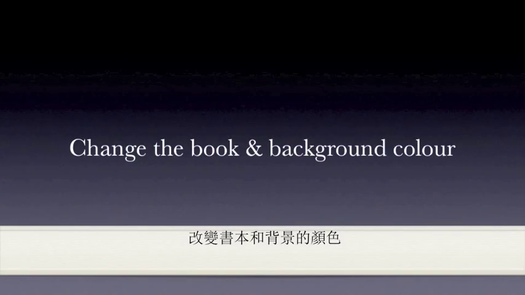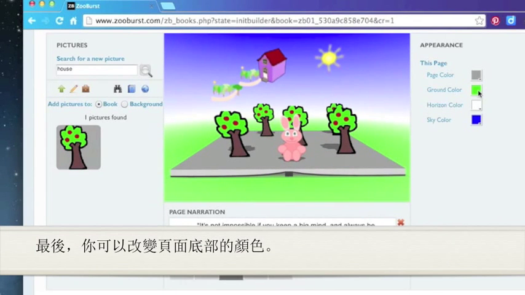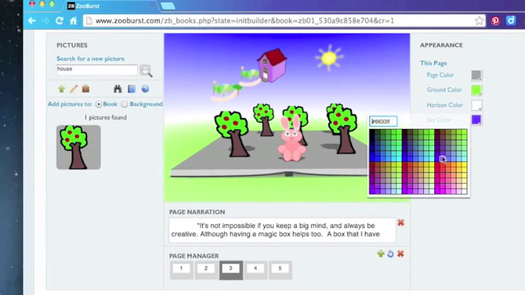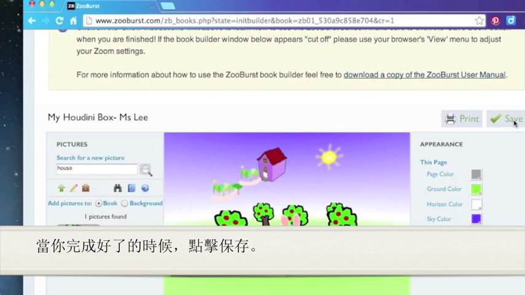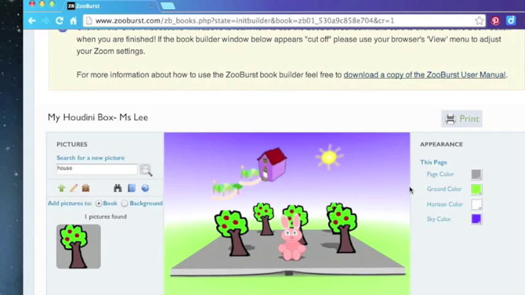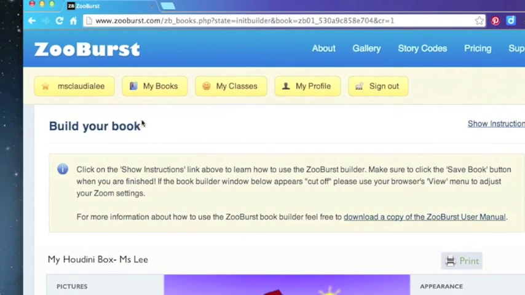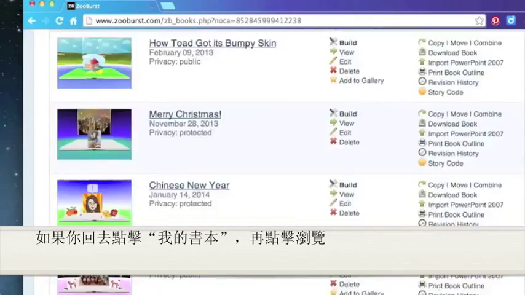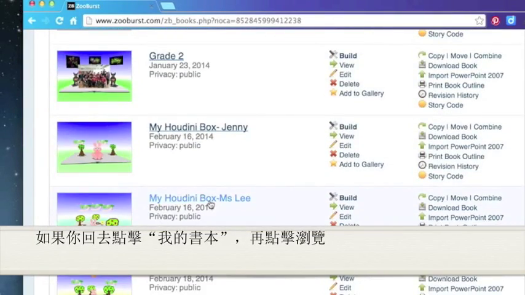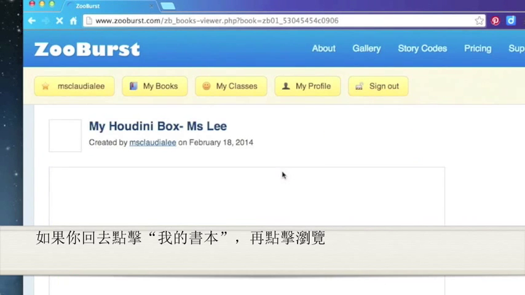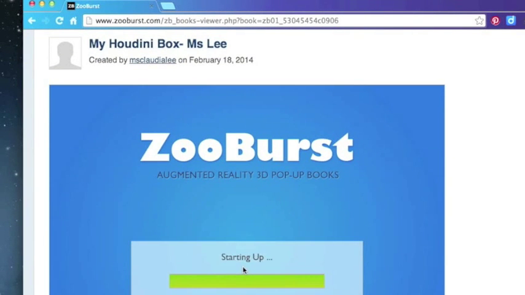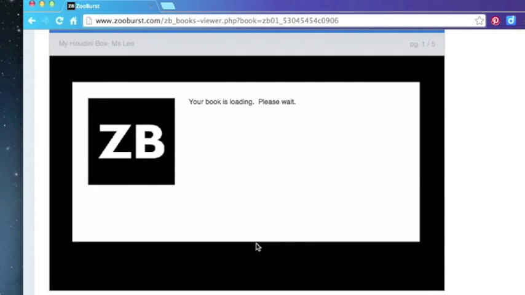The last thing you can do is to change the color of the ground. And when you're finished, just click Save. And if you go back to My Books, let me see my Houdini Box. I will view this one right here. Start up. You have to wait for